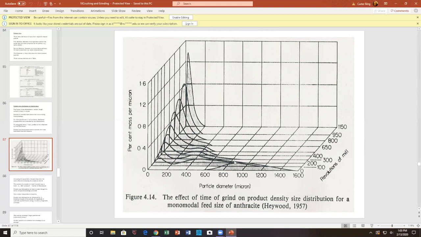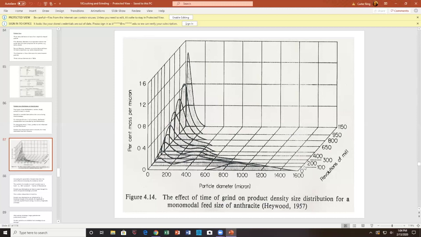You have this as your initial distribution. It then becomes bimodal, maybe even trimodal, right? We were saying there were three different particle sizes. And eventually, after long revolutions in the mill, it goes from a very broad distribution to a distribution way up here at the very end after 1150